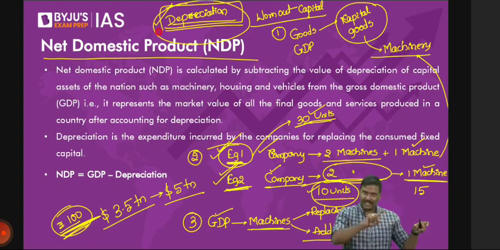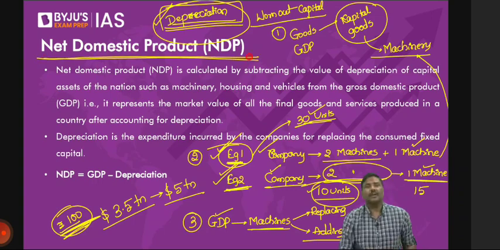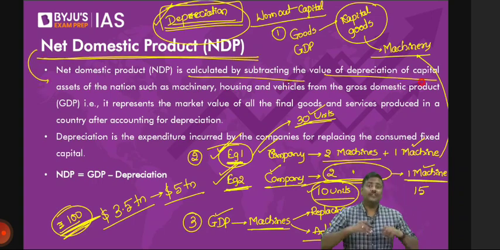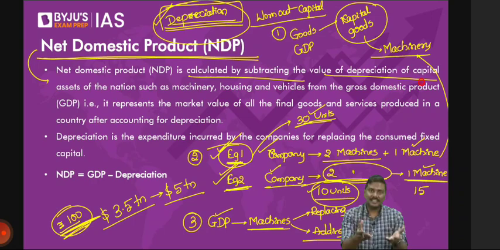That is the reason, please understand, rather than looking at only GDP, there is one more indicator now: net domestic product. What is the net domestic product? Look at the definition. It is calculated by subtracting the value of depreciation of capital from the GDP value. Sir, why should I subtract from GDP? Simple, because GDP gives you all the value of goods and services, and part of it you are taking to replace existing capital. That's the reason you want to find out how much of the GDP is actually addition and how much is actually replacement.